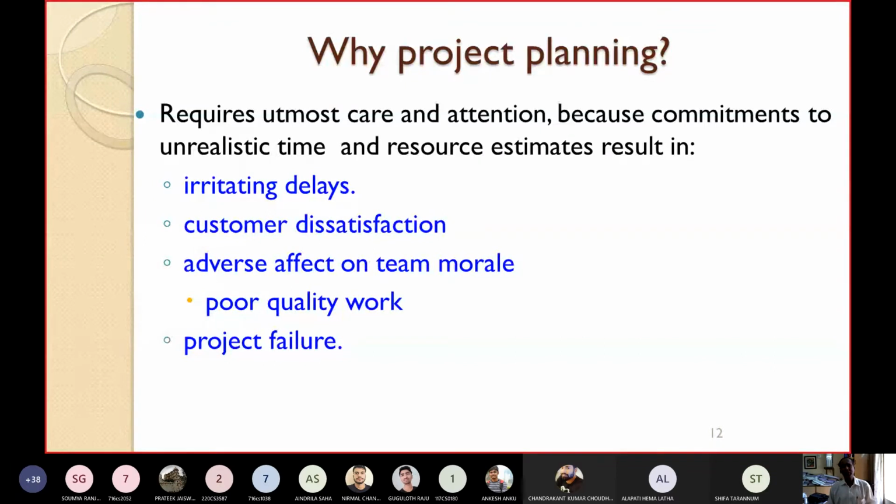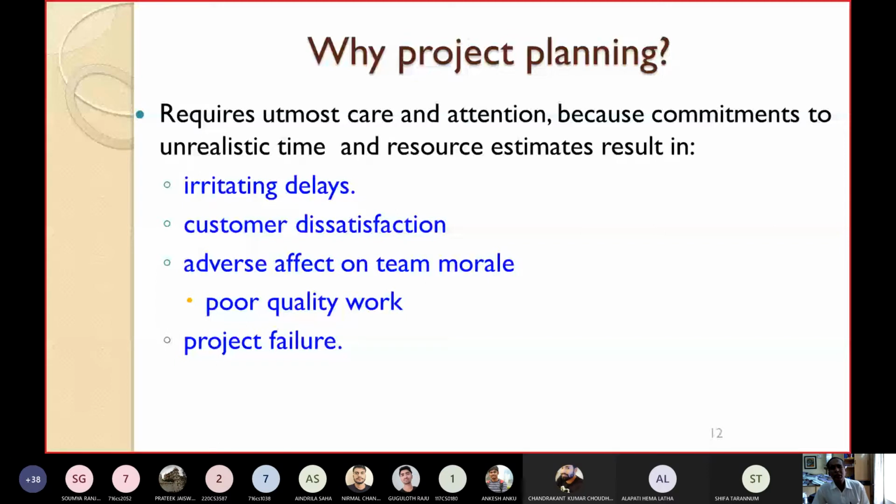You do not know the planning methodologies and planning techniques, and suddenly you say that your project will be completed in 1 year. But actually you have not studied, you have not made the plan properly. It may take 2 years, 3 years. If there is a delay, what will happen? Obviously, the customer will be dissatisfied. Next time he will not come to you, he will go to some other vendor.